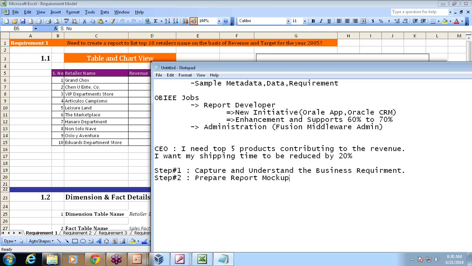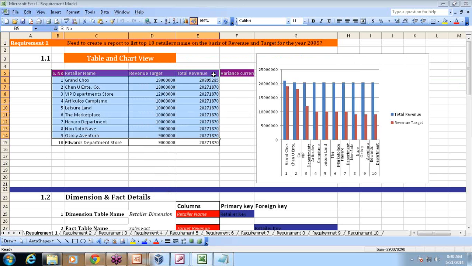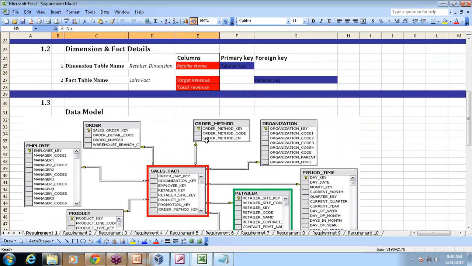Report mockup, or we also call it wireframe, where you prepare a sample report and show it to the user. We want to avoid iterative tasks. Iterative is very time consuming, expensive. Then when your user signs off and says, yes, I want the report like this, next we get into more